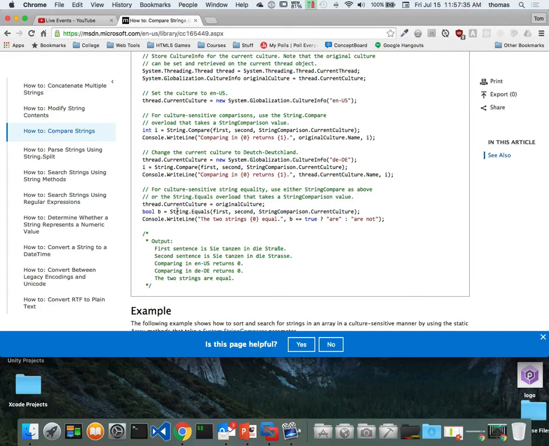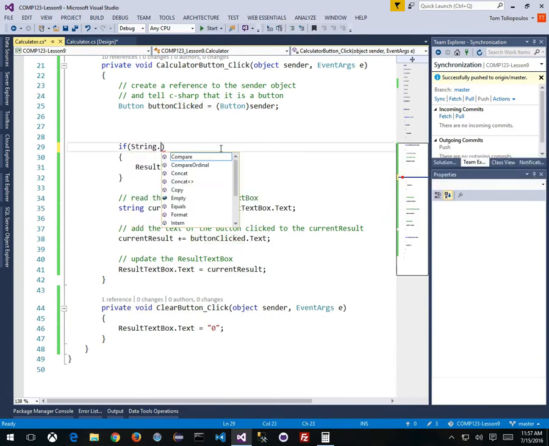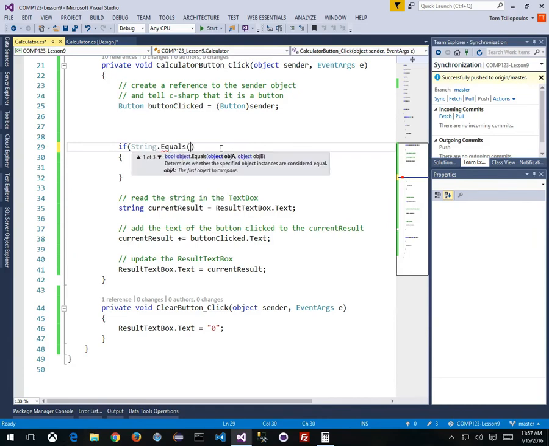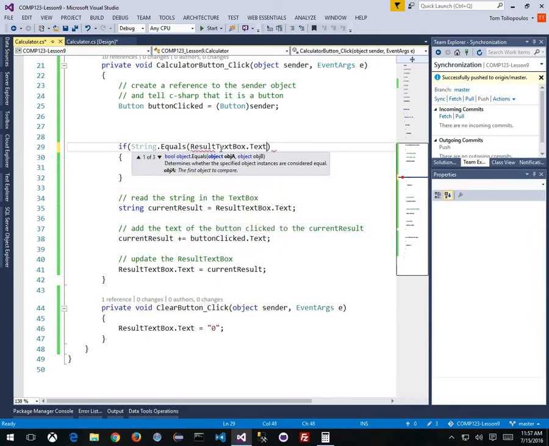If string.equals first and second, then I'm good, right? And that's a better comparison operator than equals. So let's try that out. We'll say string.compare or equals, with the first one and the second object. The first one would be the current result text box dot text, which I know is a string, and the second one would be 0, a hard-coded value. If that's true, then clear it,